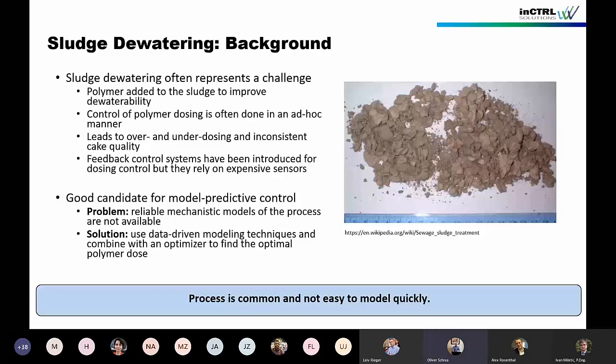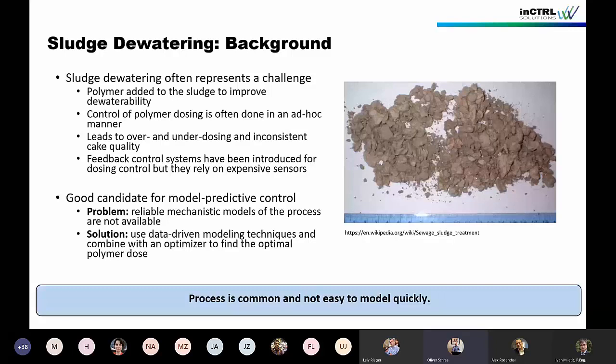Now, recently there have been some feedback control systems introduced for dosing control with dewatering, but they do rely on buying some sensors, and usually those could be quite expensive. So this is what we're trying to show here, sort of an alternative approach, where we make use of the data that the plants typically already collect. And we want to show basically that we can use this approach to predict something that isn't measured often enough to be used for control, and then show how we can use that to improve the polymer dosing